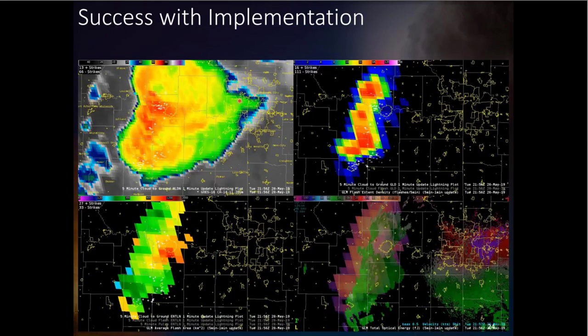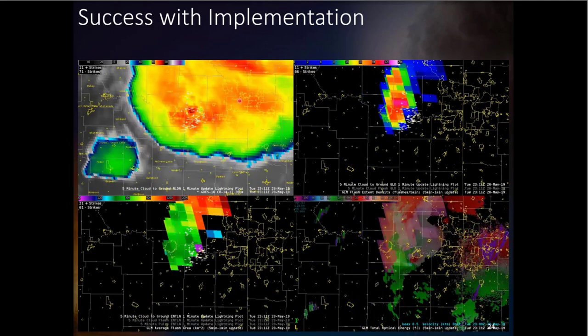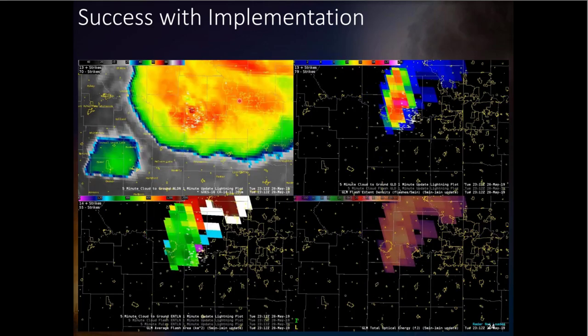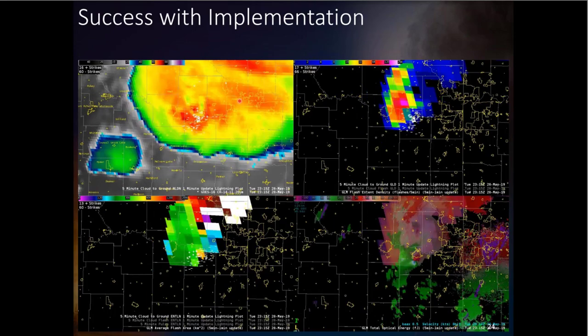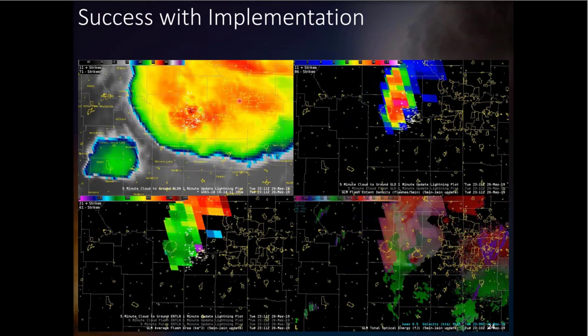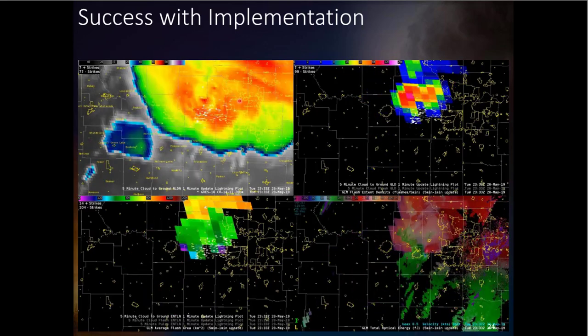Another case that we've looked at is the Lawrence, Kansas tornadoes back on May 28th of 2019. And this is more of just a quick overview loop for training for some of our newer meteorologists in that, hey, if you get the window set up just right and look at the right things at the right time, you'll actually be able to see trends in the lightning data to give you an idea of what may happen